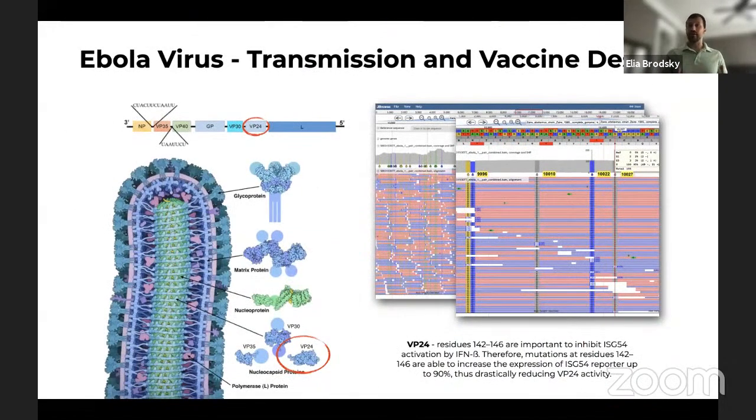Another example for this kind of application is the Ebola virus. As we know, in 2014 to 2016, the outbreak of Ebola in West Africa caused the whole world to be concerned about Ebola spreading around the world and causing a pandemic. But thankfully, because so much effort has been put into addressing this problem early on, the understanding of what causes the mutations that were acquired in this new type of Ebola strain was identified. It was identified what the critical protein is, and a vaccine could be designed very quickly. And so that was a combination of factors.